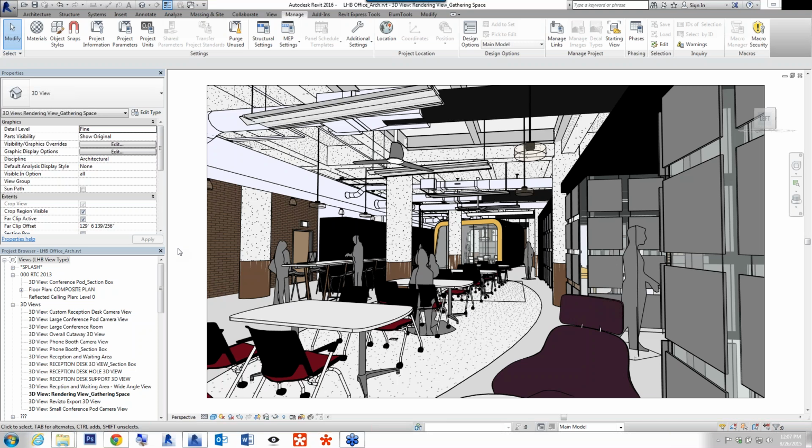So LHB, and this office was just awarded the LEED CI Platinum achievement, and it's a pretty cool model.